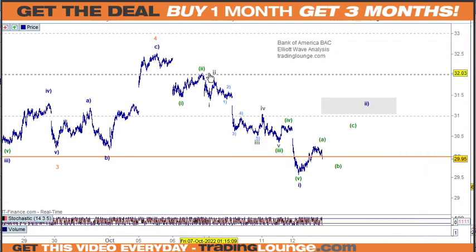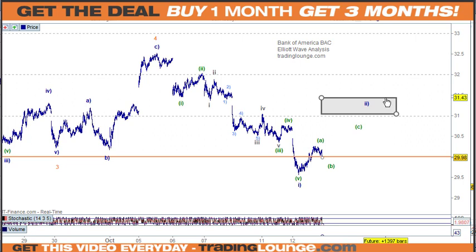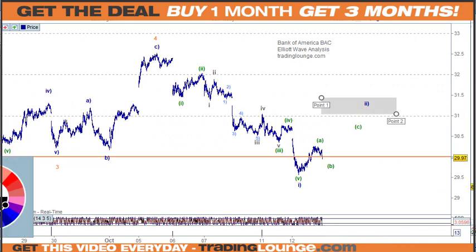So we've got 1, 2 here, all of this mess down here for 3, 4, 5, and then we've got the ABC pattern. So it looks like the A wave wants to be in there, but I'm not sure if it is. It could be one more little high here. It doesn't really matter. You still need the B wave and then the C wave here. Will it get back up to the 50-60%? I don't know, but certainly get a short position in that space.